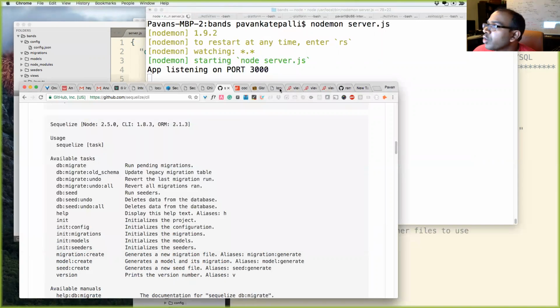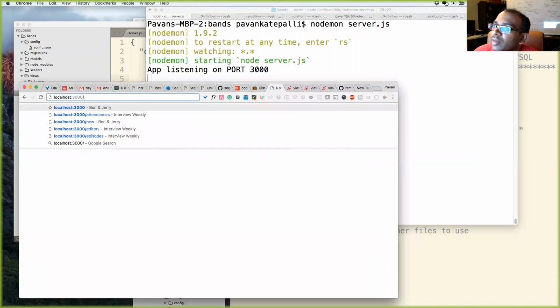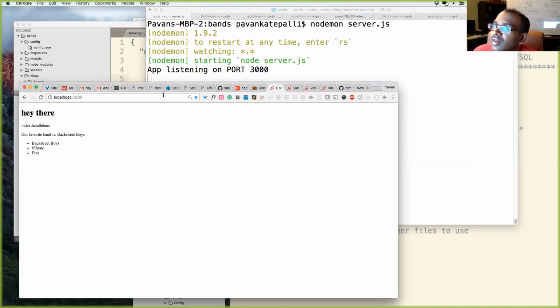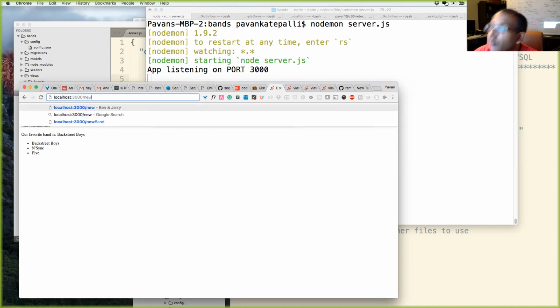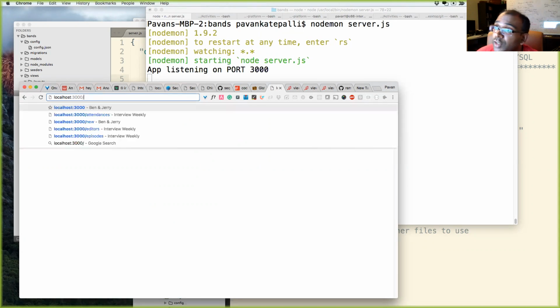Let me go to localhost 3000, new band, cannot get new band. Let me run this again. localhost 3000 slash, oh, it's new, sorry, slash new. And if I submit this, okay, that worked. Good. So everything works still.